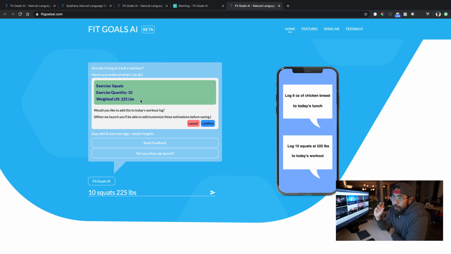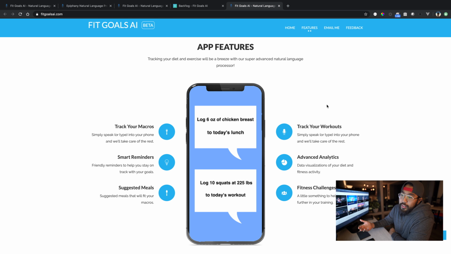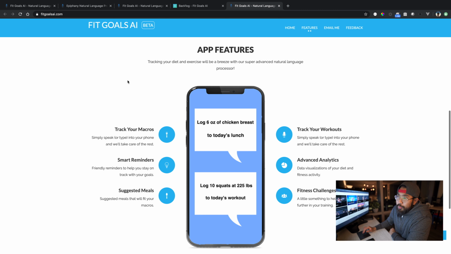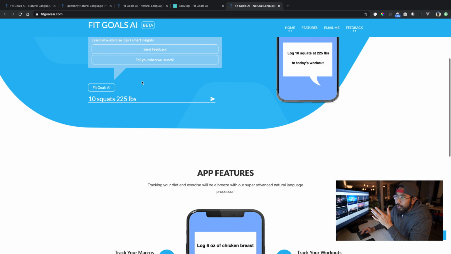And that will obviously track your workout. But some other features that will come down the road is the more you're tracking your macros and your workouts, the AI behind it will help you towards your fitness goals. And that's the real reason why this thing is called Fit Goals AI. I'm trying to develop a system overall that is just going to help you achieve your fitness goals. And whether it's a voice assistant or some other way to help you get there, that's the key takeaway.